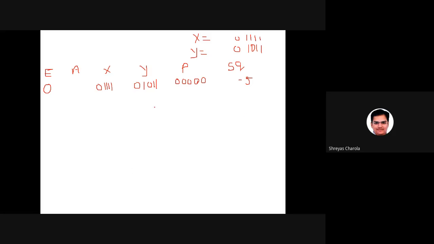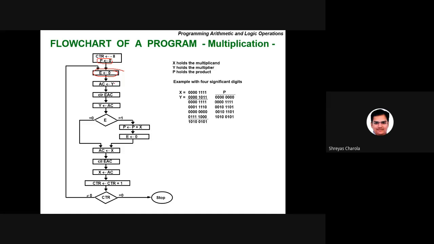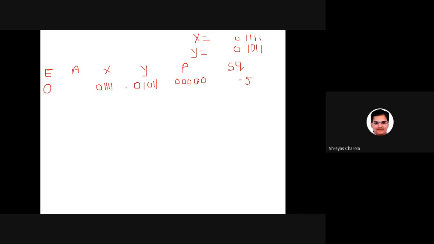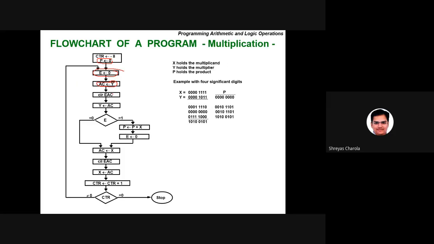Very good. So here, in the accumulator initially, as per the flow chart, first I need to store the value of Y in the accumulator. So we go to Y and accumulator, store here as 0, 1, 0, 1, 1. What is the next thing I need to do? I need to